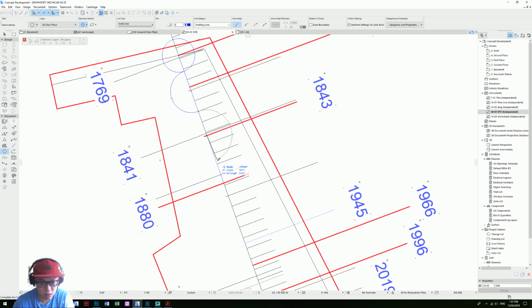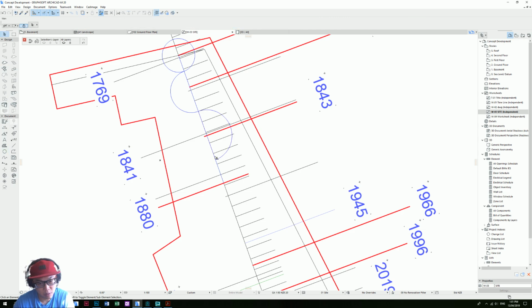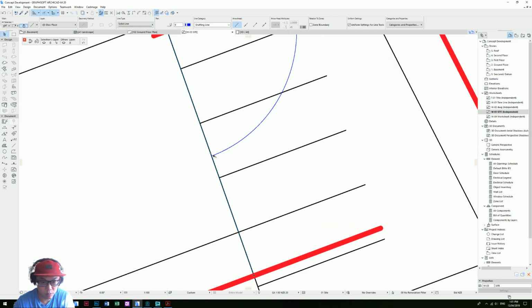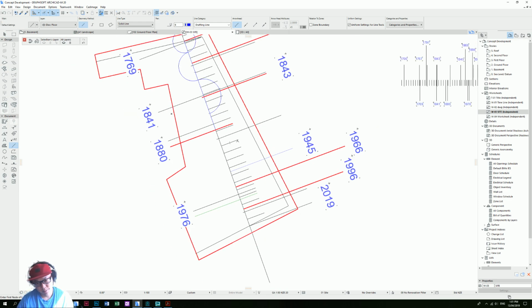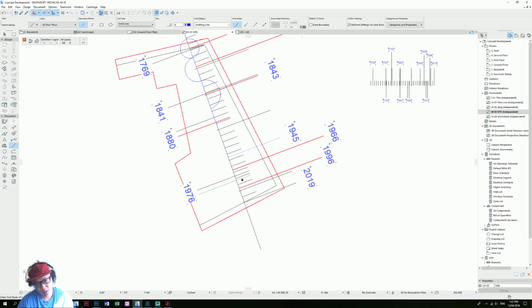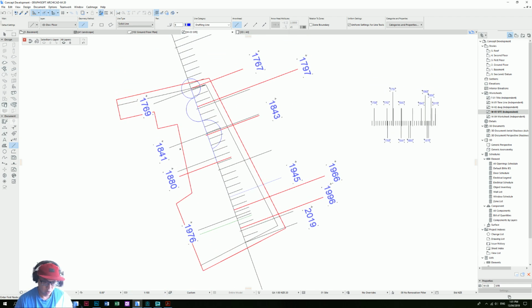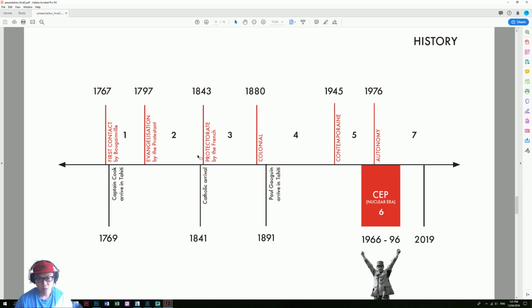so we'll make that, but then I need to move it a little bit so it touches that, and I'm gonna do the same thing here. It's 45, 36. So at colonial,